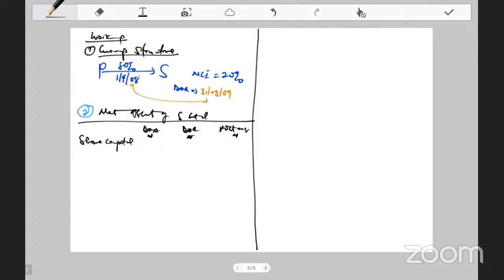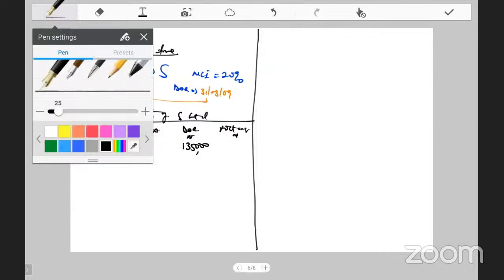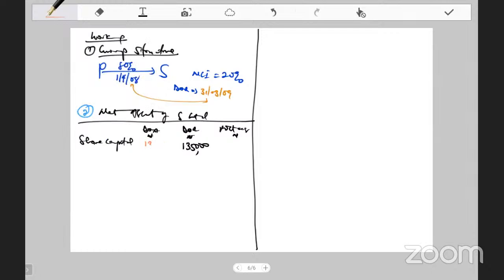So we have share capital. The share capital on the date of reporting is 135,000. That will now be inferred for us to get the date of acquisition. And I look at my retained earnings. Now for my retained earnings, what I have as my retained earnings on the date of reporting is